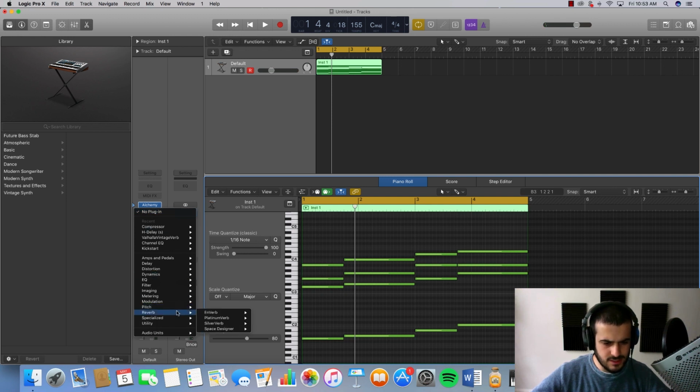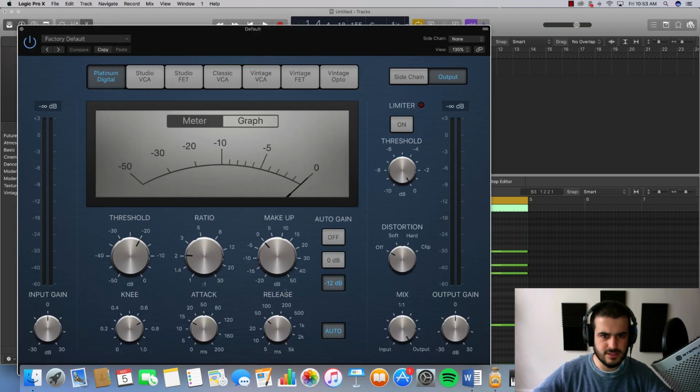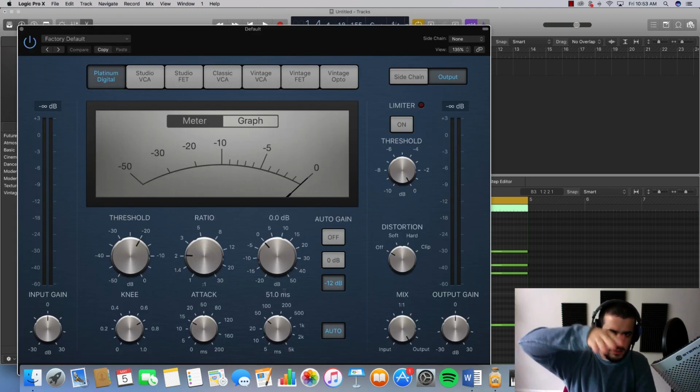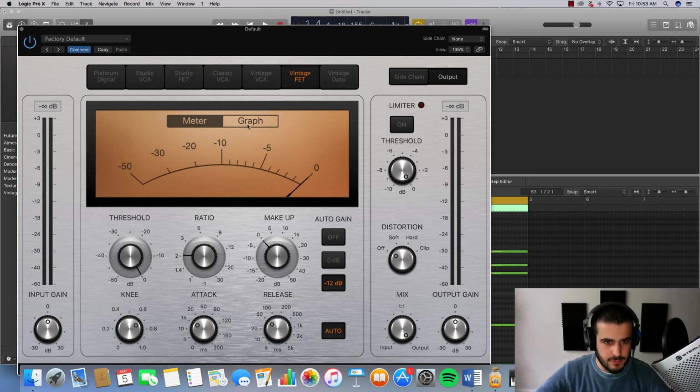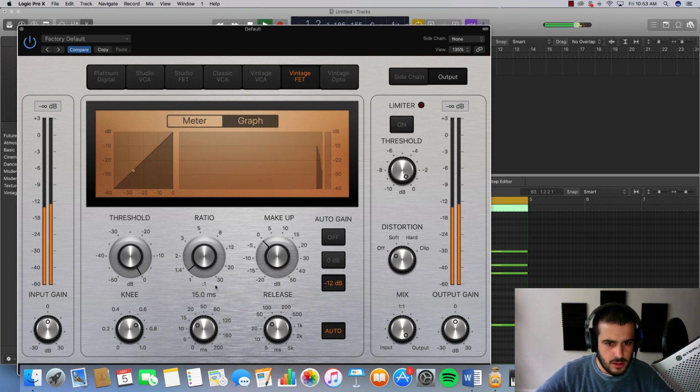So let's see what this will sound like with a nice compressor that's going to press down the wah and kind of even it out with the quieter part of the stab. So if we analyze the stab through the graph here, we could see that it has a nice big fall off. And if I just push this peak down a little bit, the sound will become bigger. Watch.